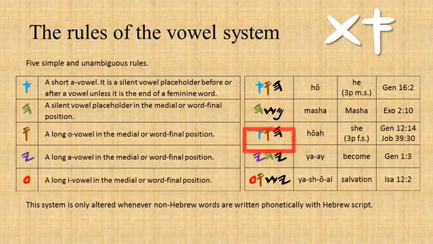The next letter Wa is always, without exception, the long O vowel when it is not the first letter of a word. The example given in the chart is the third-person singular pronoun Ho-ah, which means she in English. The vowel letter Ah is heard at the end because the word is the feminine version of the third-person singular pronoun. Ho means he, but Ho-ah means she. The two words are spelled exactly the same in Hebrew. It is their pronunciation that makes them different.